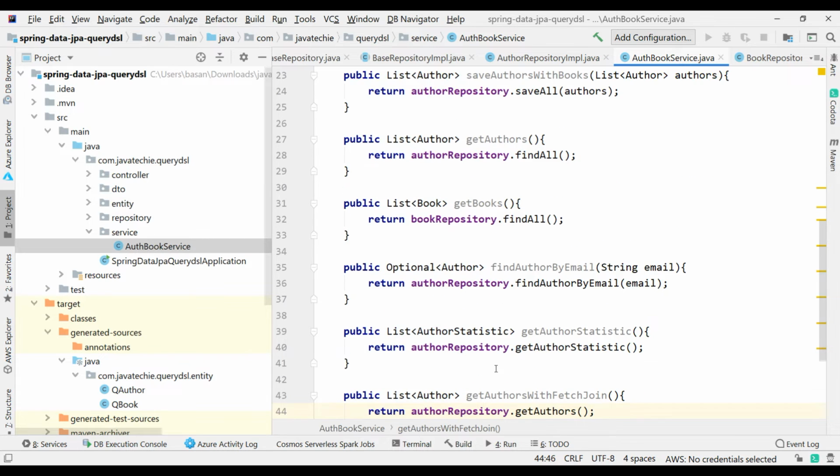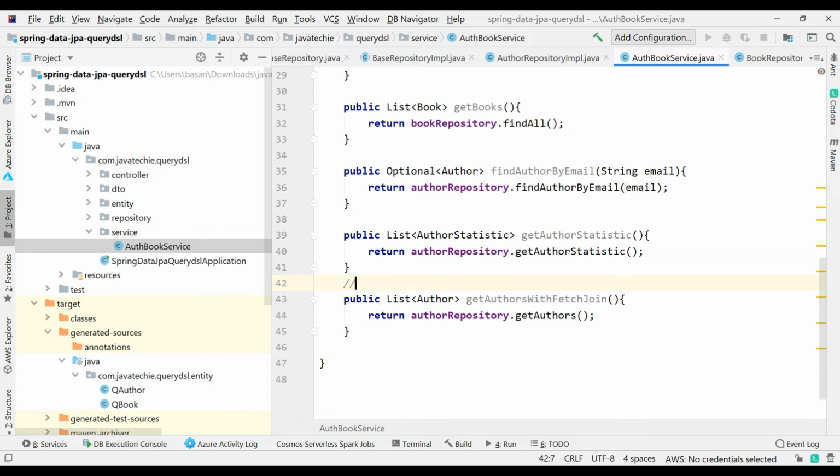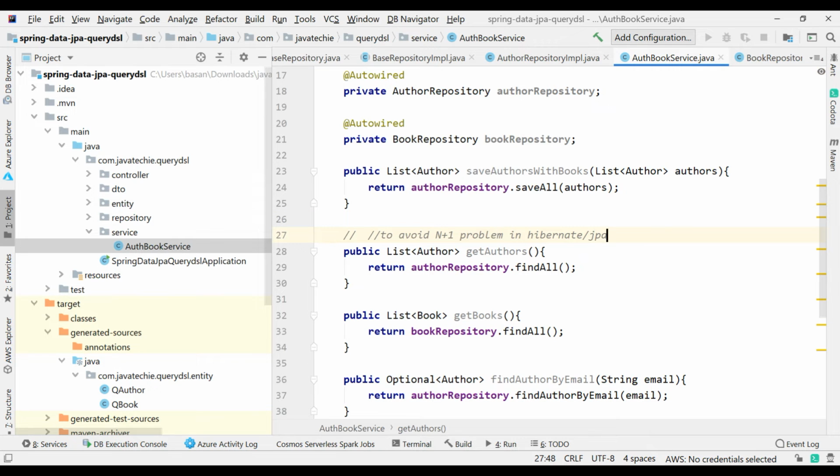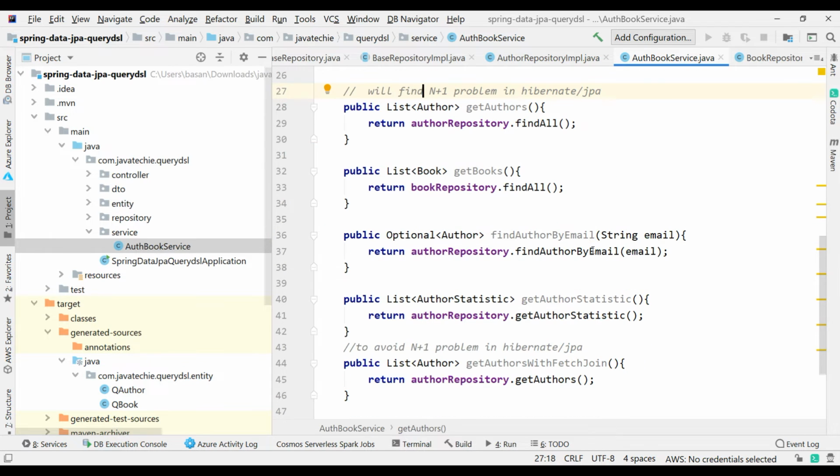Fine. So I'll add a comment here: to avoid N+1 problem in Hibernate or JPA, anything you can specify, JPA. Okay, and in the method where I directly use authorRepository.findAll, here we will find the N+1 problem. Then I will show you how we can avoid that using this.